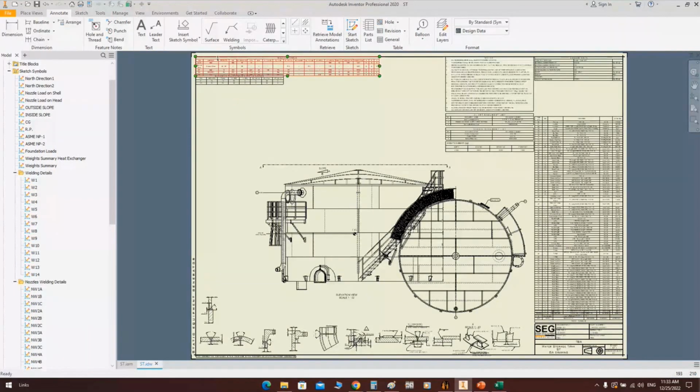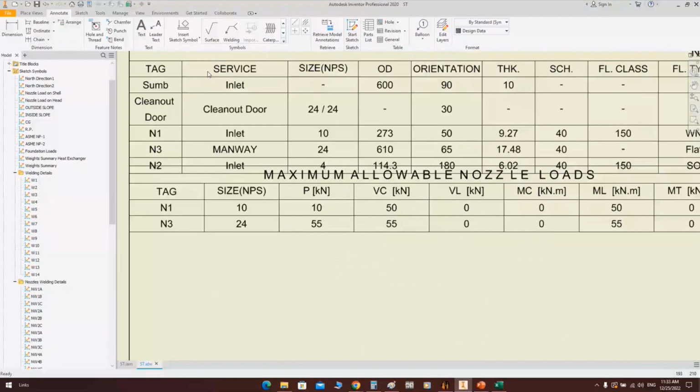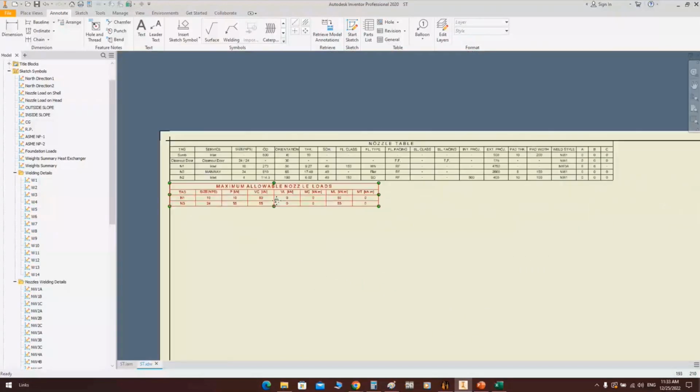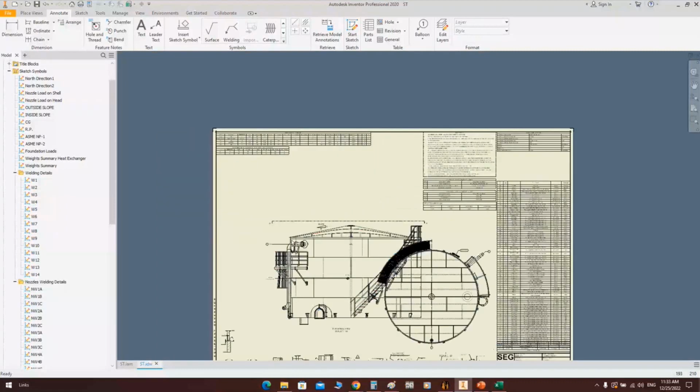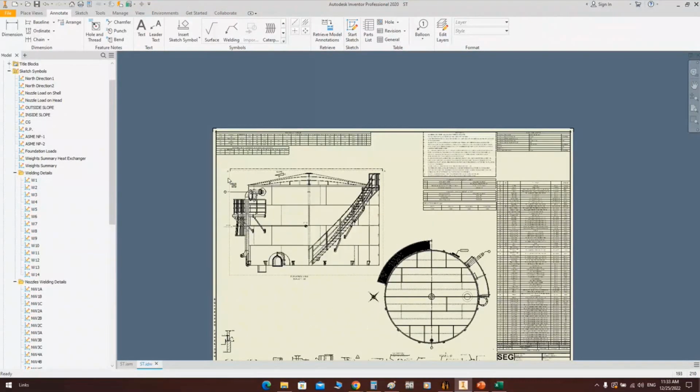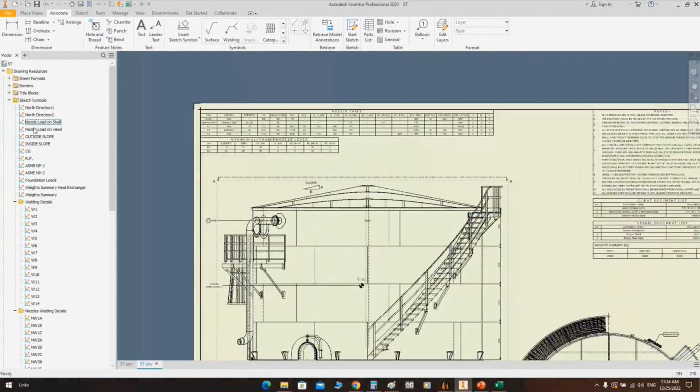Now we have all tables updated, and you can see that nozzle N3 is now included here, and the maximum allowable nozzle load is included here. We can move this view again to that location. If you would like to add another block like nozzle load on shell,